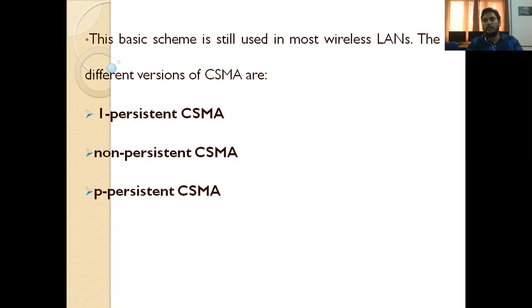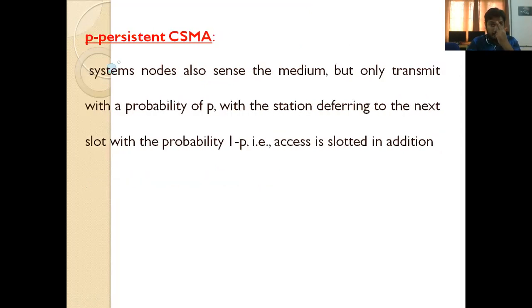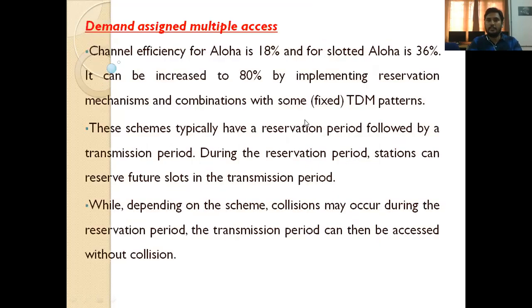What happens in 1-persistent CSMA is that since the medium is empty, it transmits the data. Coming to non-persistent CSMA, it senses the medium, and if it is empty, it waits for some time and then transmits the data. Coming to p-persistent, it senses the medium. If the medium is empty, it senses the medium again. If at that time the medium is also empty, then it starts transmission of the data packet. This is the diagrammatic representation of 1-persistent and p-persistent CSMAs.